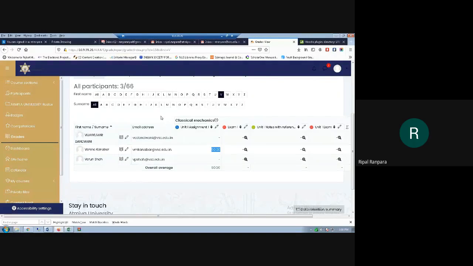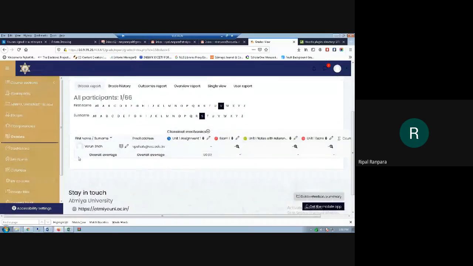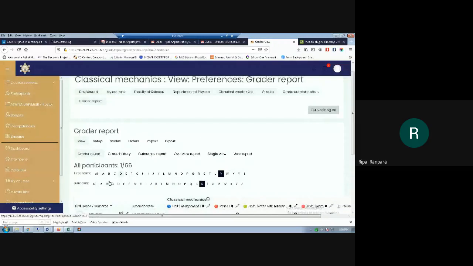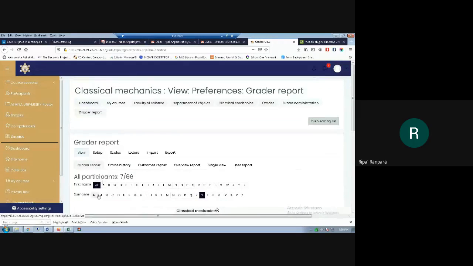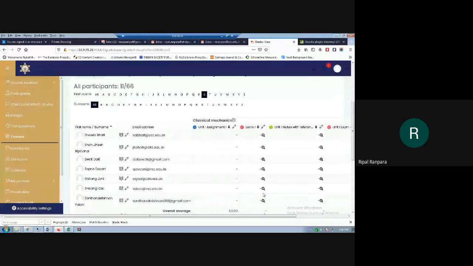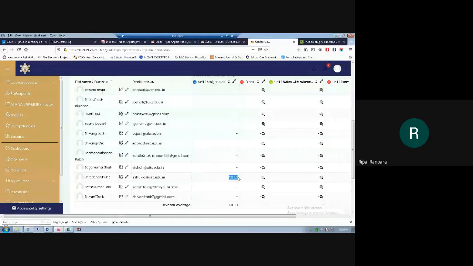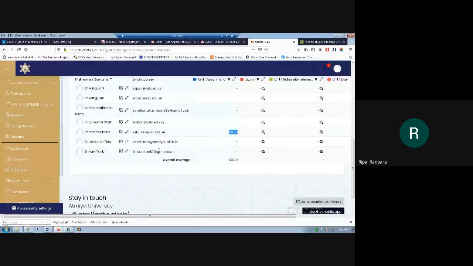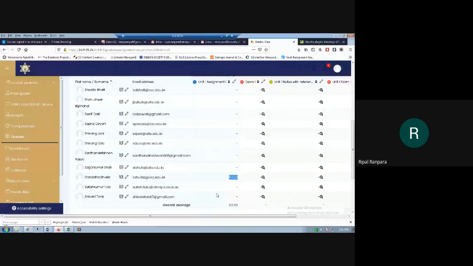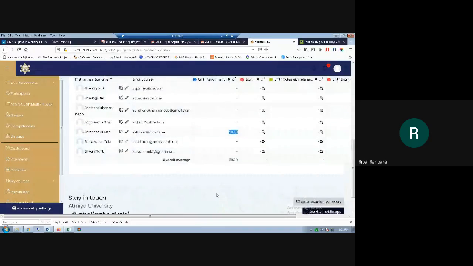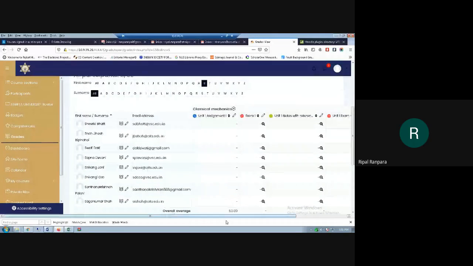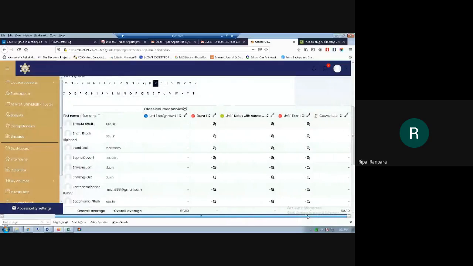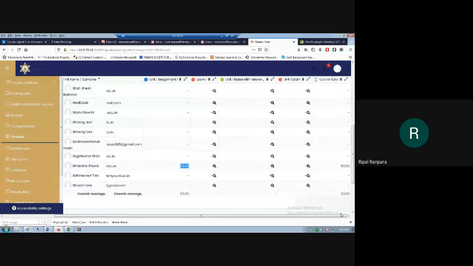One more faculty is there, Shraddha Shukla ma'am. She has submitted the assignment, so you can see the unit 1 assignment she has submitted, all others are left. So after the end of the course, I can get the total over here.